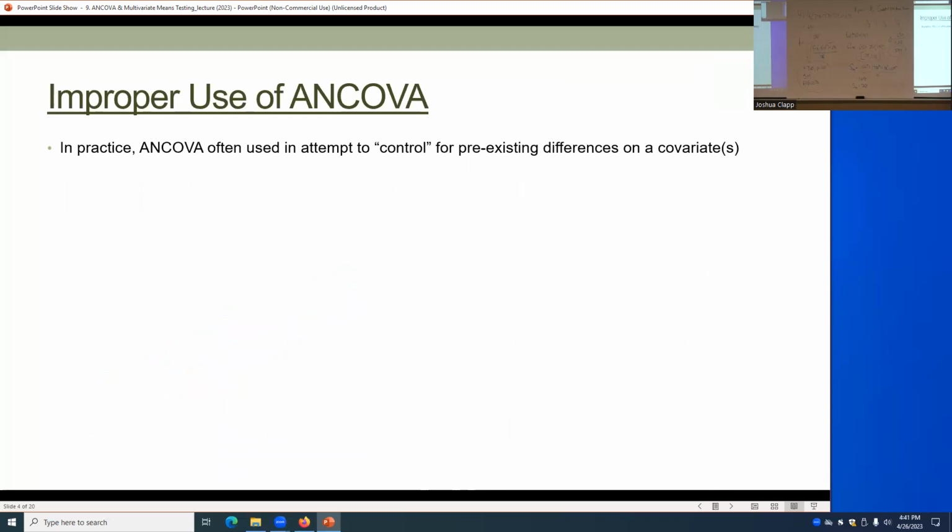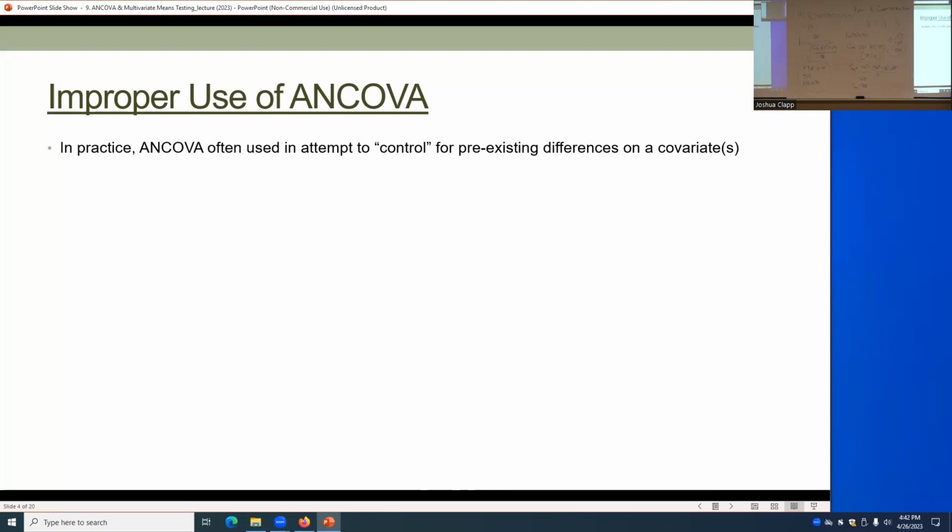Now, unfortunately, in practice, and this is us clinical folks and some other groups of people, what we have often tried to do is use ANCOVA to control for some pre-existing difference on some covariate. ANCOVA traditionally is an experimental technique. I'm randomizing people to different conditions, and I'm just measuring this other stuff that I think is going to be related to my outcome,